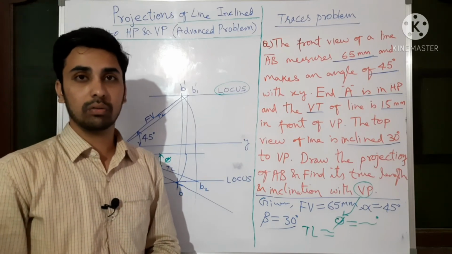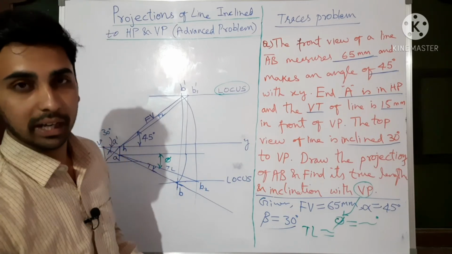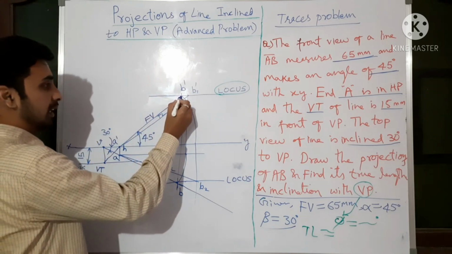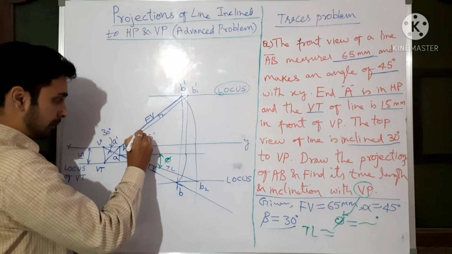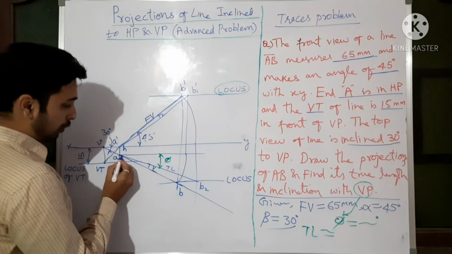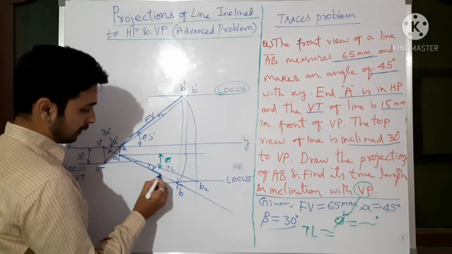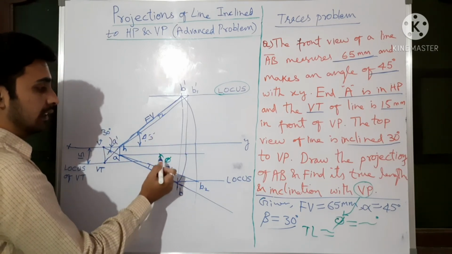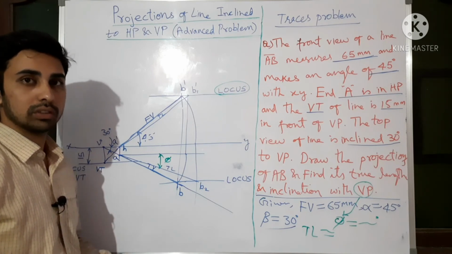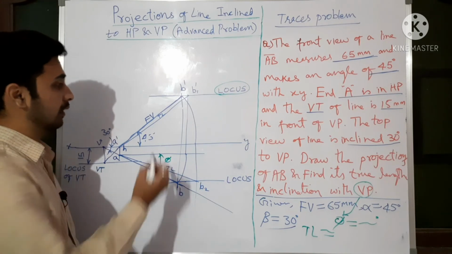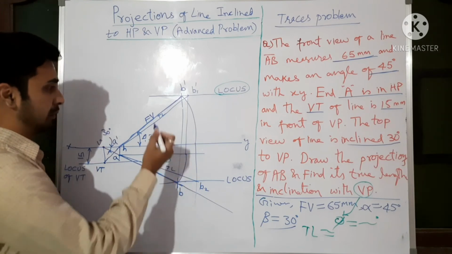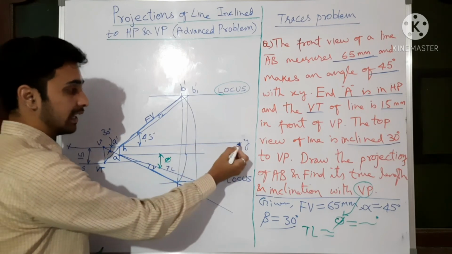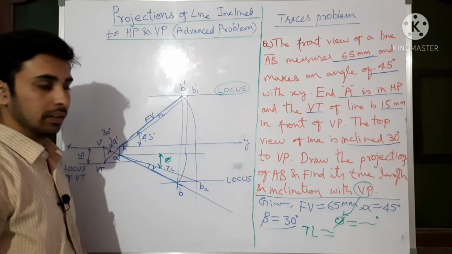And in the previous video I forgot to tell you which line will be dark and which line will be thin from the examination point of view. So the front view should be dark, of course, the top view should be dark, whereas this true length you can keep medium, or most of the students will prefer the true length also dark. It is up to you, but my choice is front view and top view dark, and this true length along with the XY line I'll keep medium.